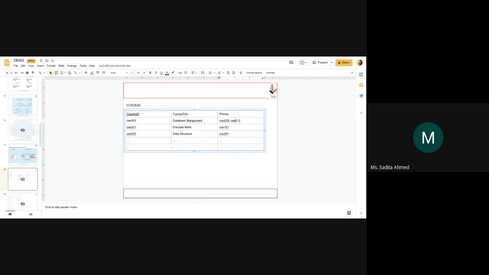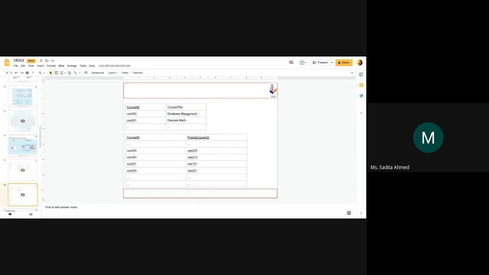CC303 prereq, according to you guys, is CC203, that's all right? And CC203's prereq is CC201 and CC101, let's say, right? এইভাবে করে হচ্ছে কি জিনিসটা রিপ্রেজেন্ট করতে হবে, তাই না? However, as it turns out, you cannot do something like this in relational data structure. Relational data structure, এরকম কোনো কিছু করা যায় না। I'm talking about implementation right now. আমি ERD কথা বলছি না, implementation এ গিয়ে যেতে হয়।